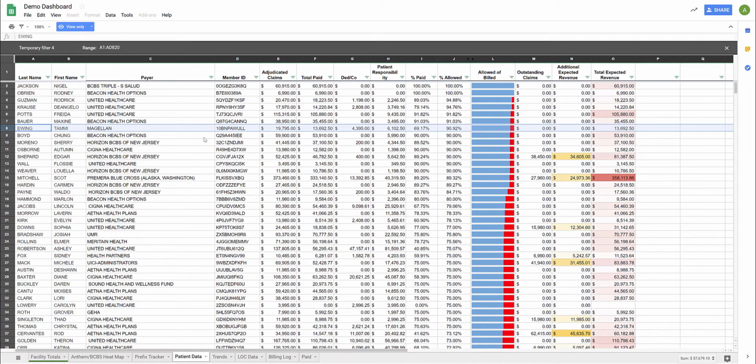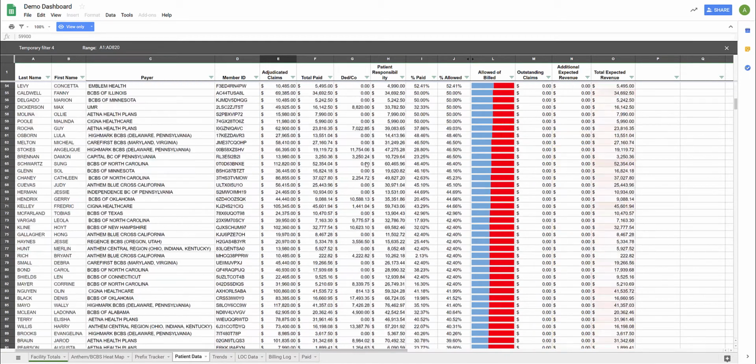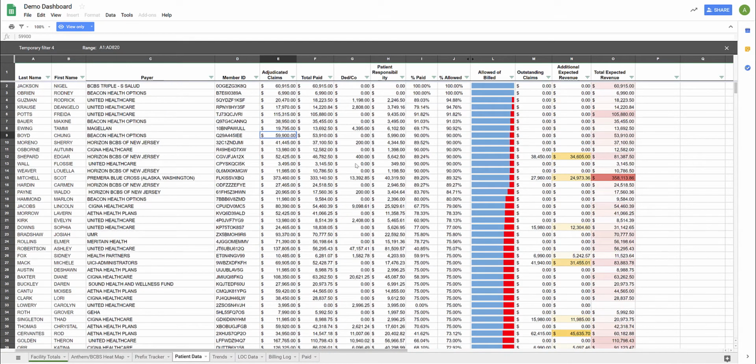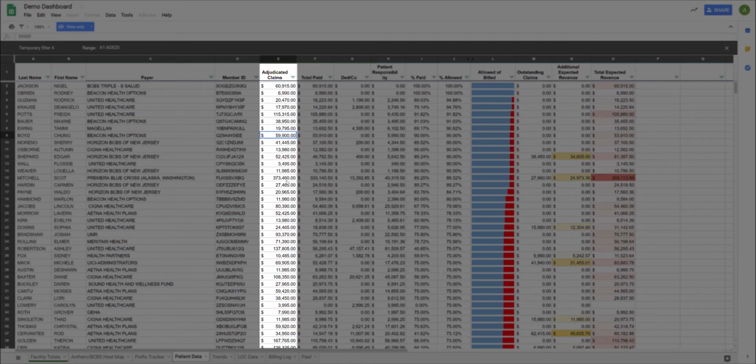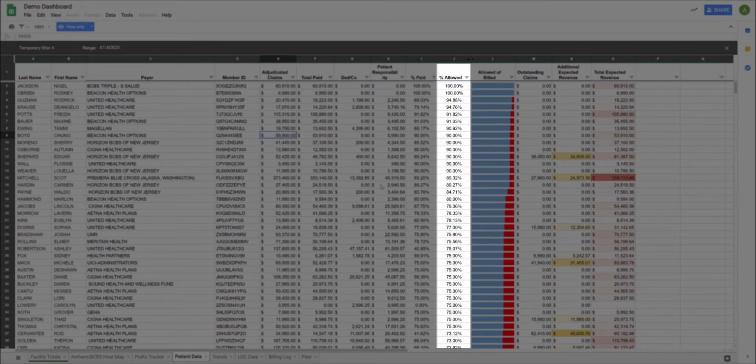And over time, actually, we've noticed that clients who do this when speaking to their alumni, you start seeing a correlation between column J, high allowable policies, and column E, adjudicated claims, right? Because those patients will choose to come to the facility that they know that their policy will adequately reimburse, as well as the patients that don't adequately reimburse will choose to go to a different facility for financial reasons, obviously. So we'll see a correlation over time between the adjudicated claims and the allowable rate, which is a good thing